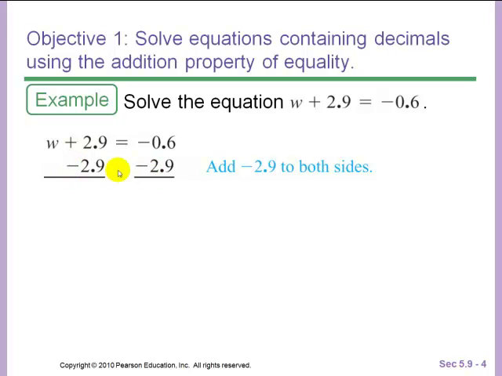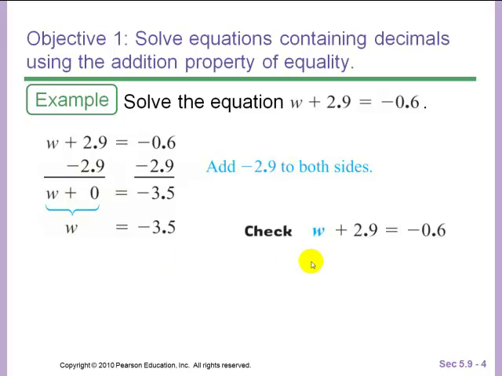So now I'm adding a negative 2.9 to both sides. A positive 2.9 and a negative 2.9 add up to be 0. We don't typically write this, however, some students find it helpful. Negative 0.6 and negative 2.9 add up to be negative 3.5. I would strongly recommend that you do any arithmetic on the side of the paper so that it stays organized and neat and doesn't interfere with your actual algebra. W plus 0 we simply rewrite as w, since anything plus 0 is just itself,